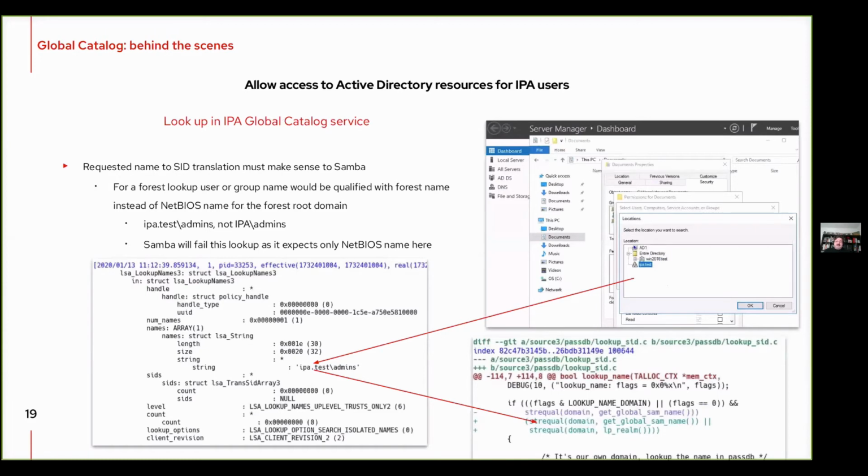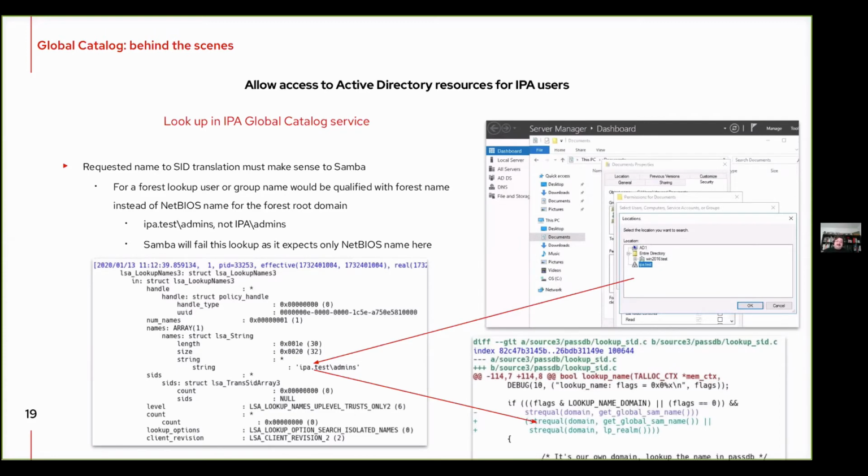now we can see that because of the Windows UI choice when we were choosing the location of the user, the forest corresponding to a FreeIPA domain is shown with the fully qualified name rather than just a NetBIOS name.